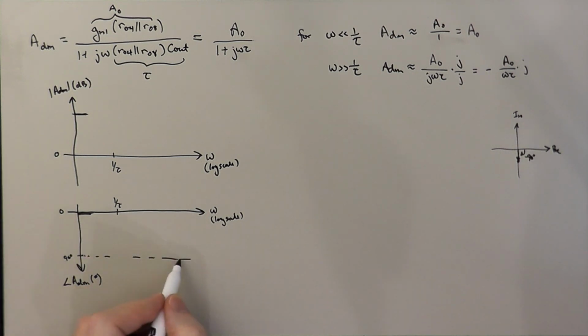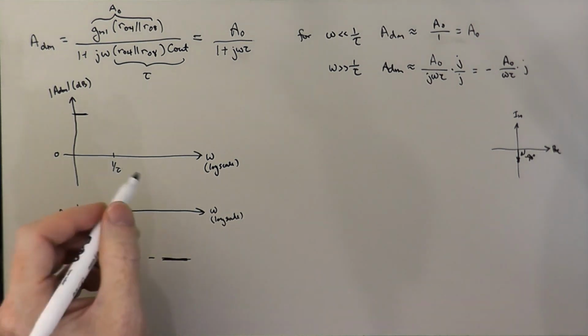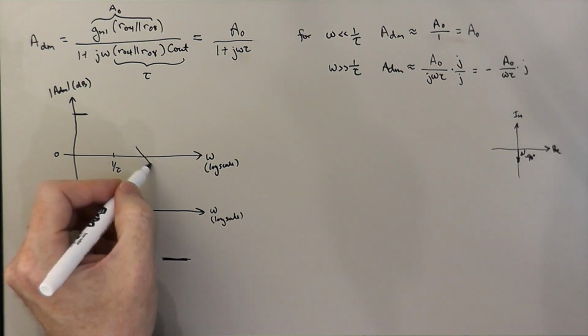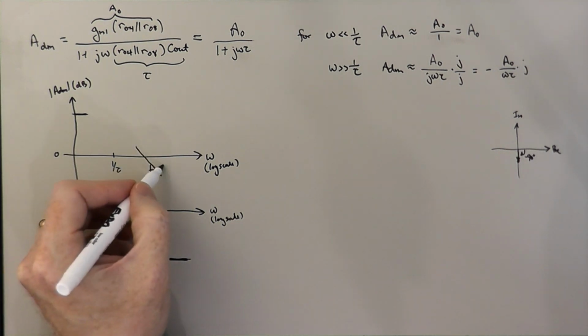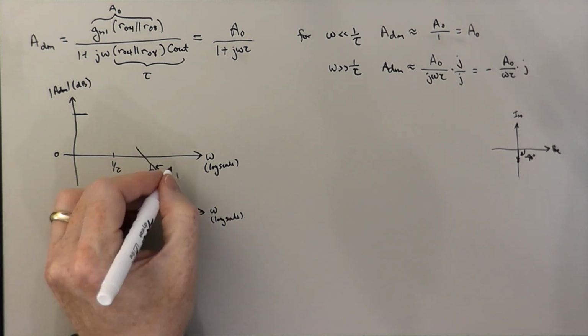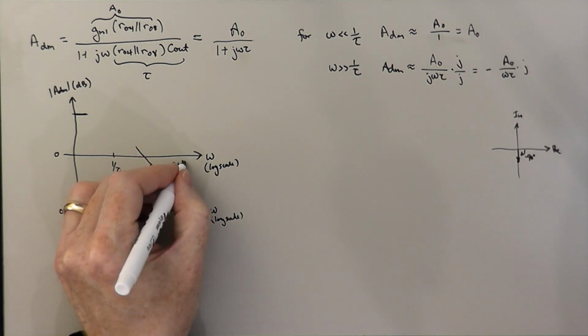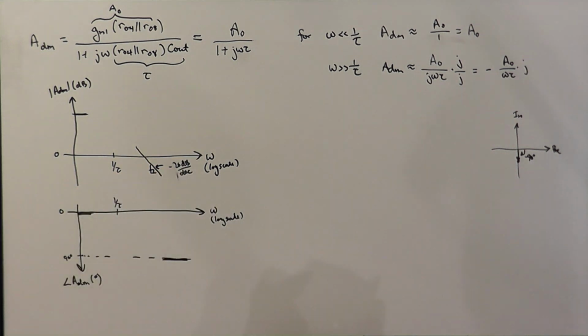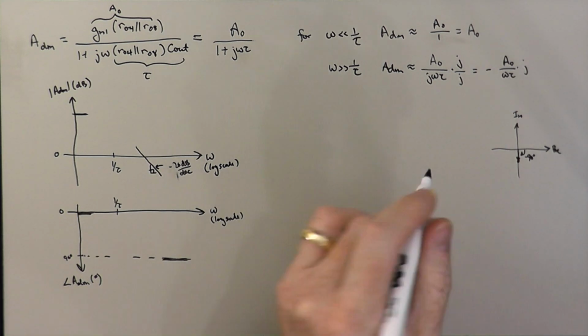And so well above the corner, or well above this frequency 1 over tau, we're going to be on a slope of minus 20 dBs per decade. And we're going to be approaching minus 90 degrees. And so